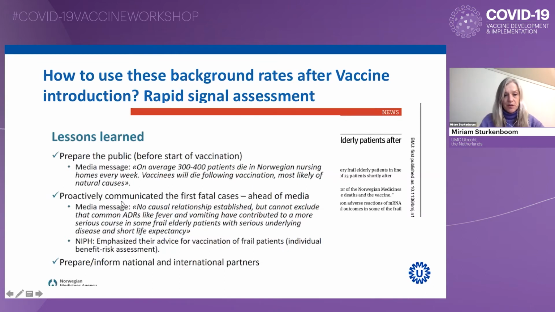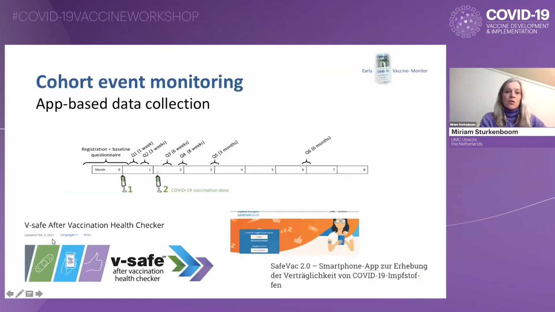So because of these calculations, the Norwegian regulators were able to reassure the public. And it was necessary, according to their lessons learned, and this is a screenshot from a presentation they made to the WHO Euro meeting, because very quickly this signal was out in the media, and they needed to respond really quickly and work together also with international organizations to get this message out. So that's how to do it: if there is a signal from spontaneous monitoring, you can utilize the background rates